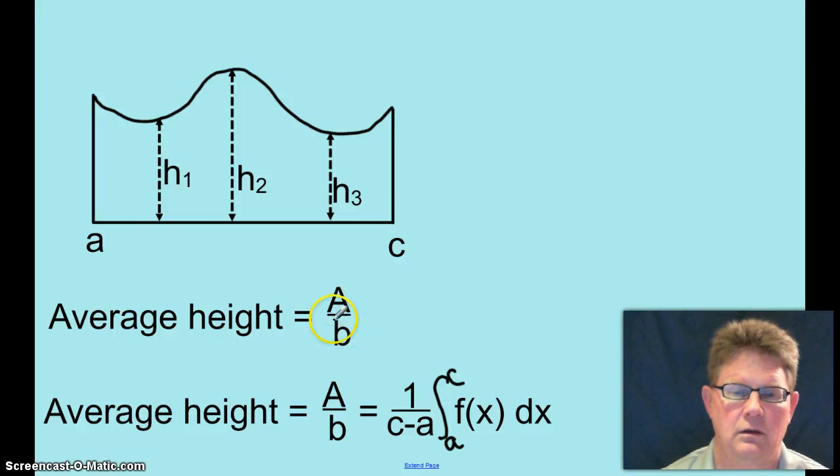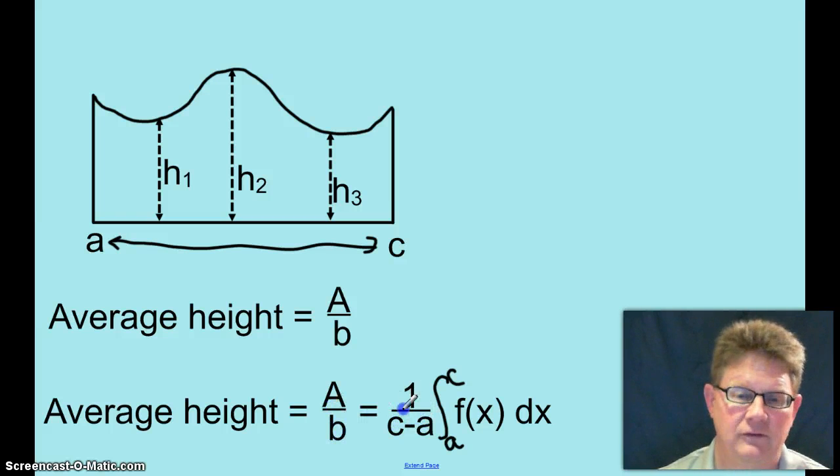Okay? What is the length of this base down here? Well, it's 1 over c minus a. Sorry, no, the base is c minus a, the two x values. The area is the integral from a to c of f of x dx. So, this right here,